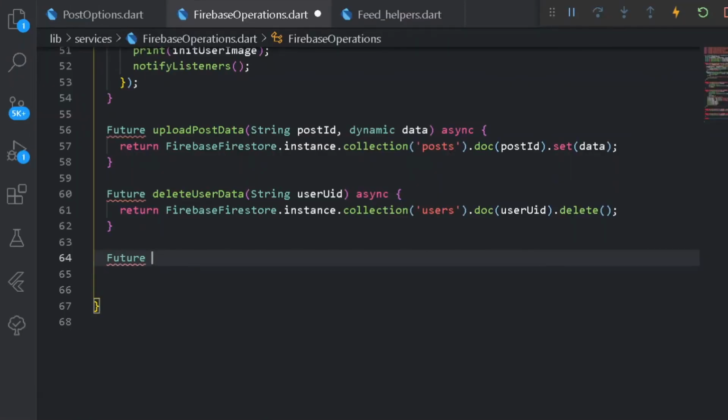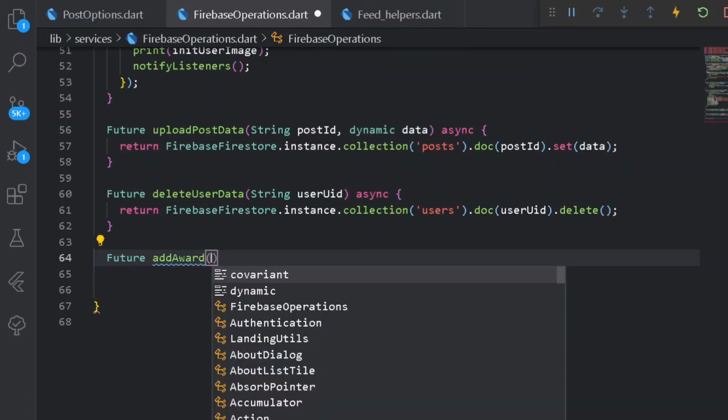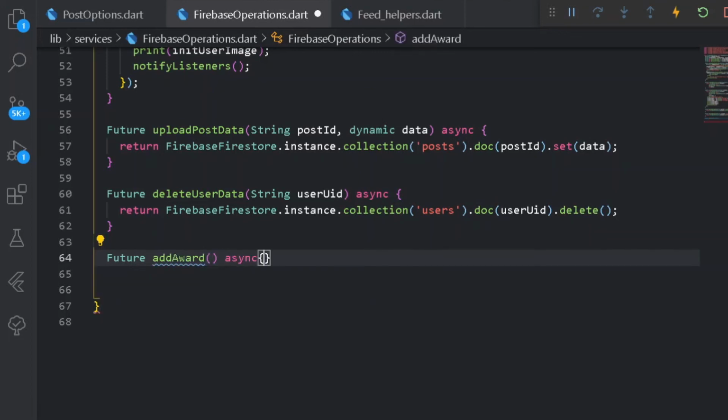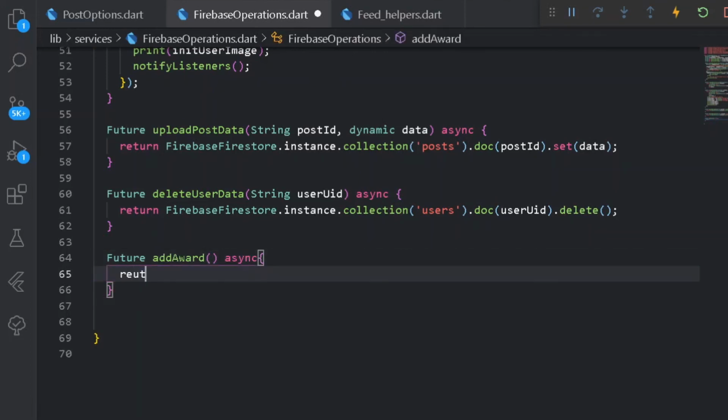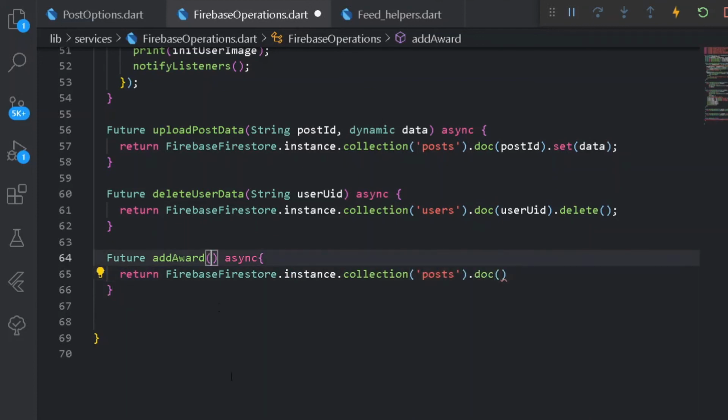So for that let's have a future method for add award. Here let's make it asynchronous, and let's return Firebase Firestore dot instance dot collection of posts, doc of the post. So for the doc I shall have a string to be post ID, usual thing.